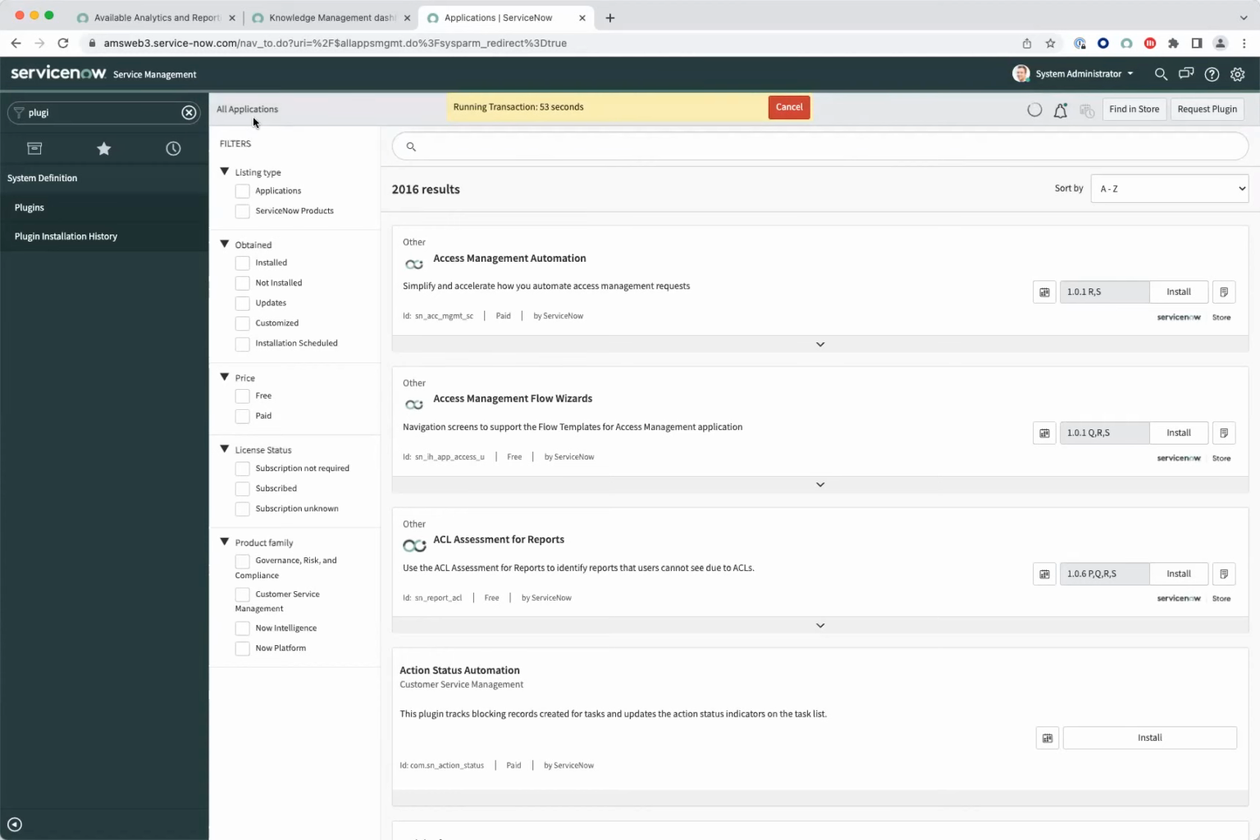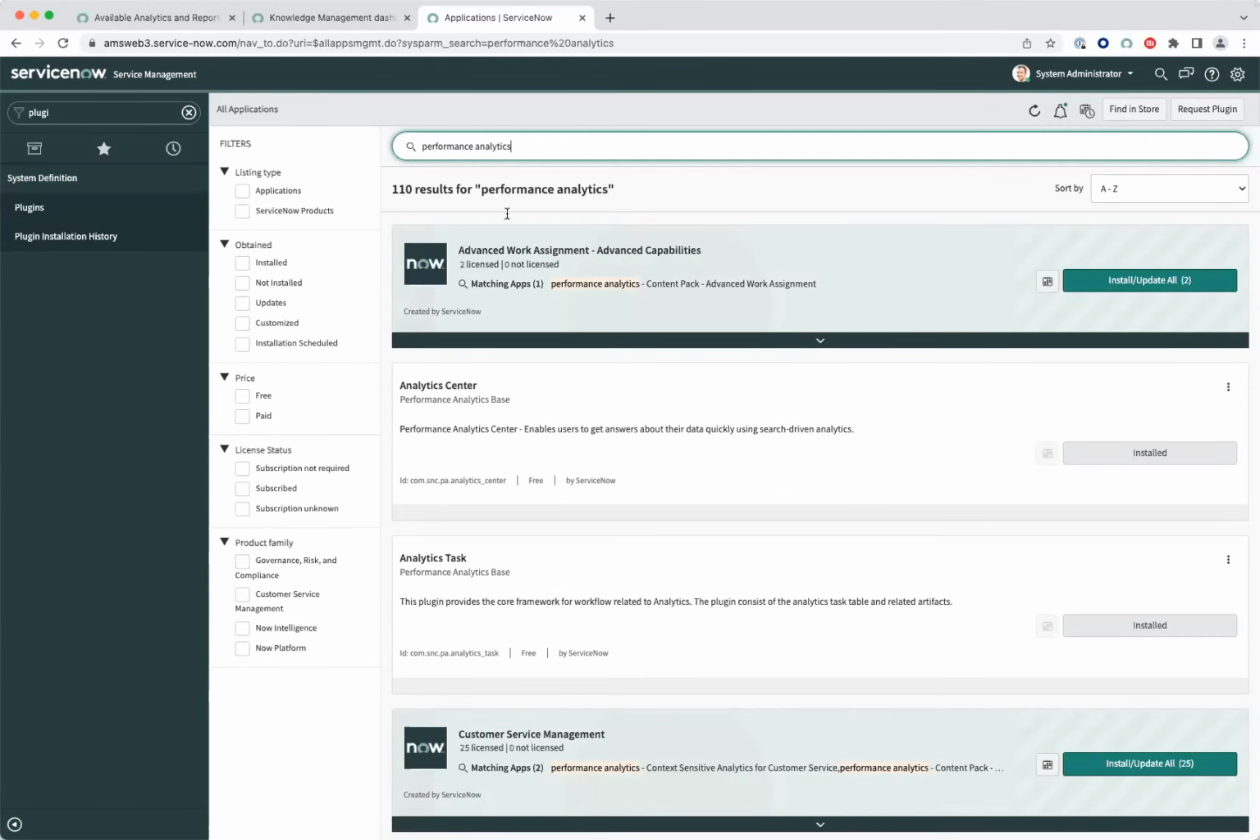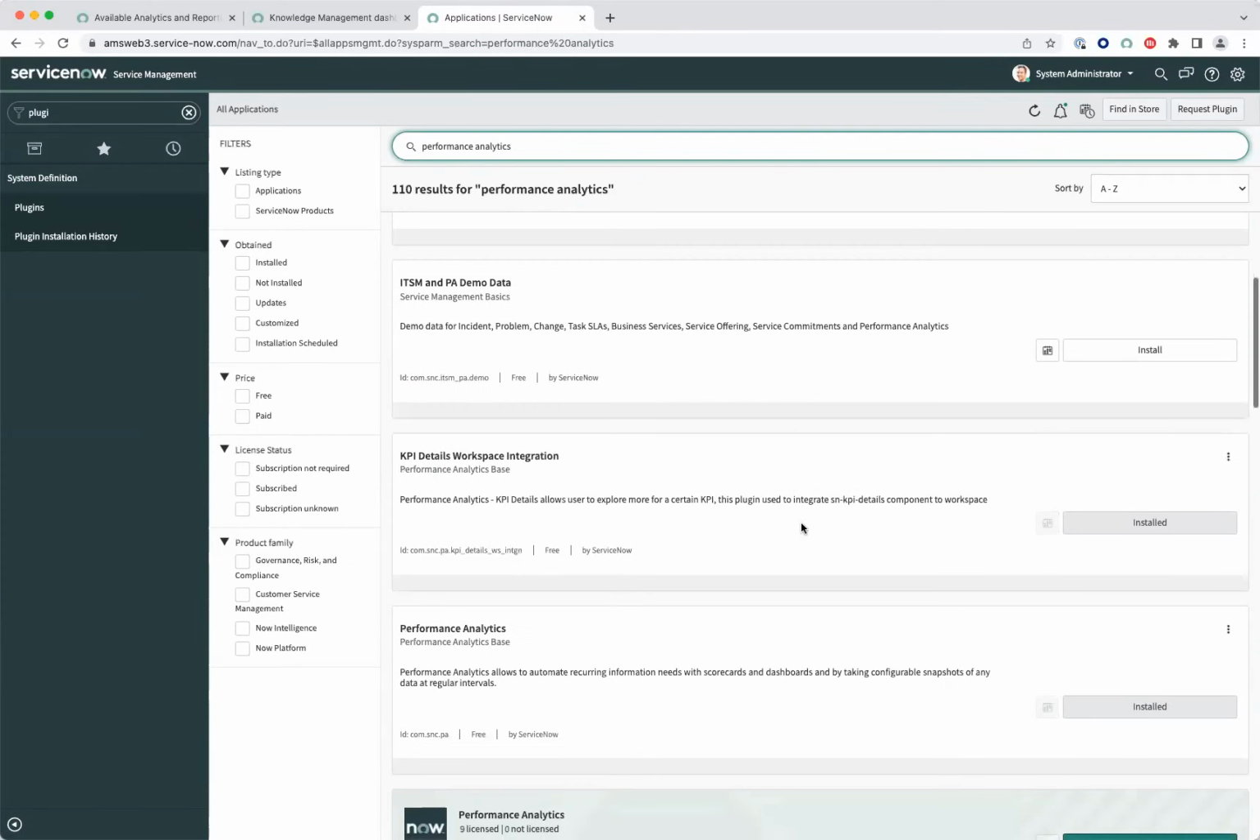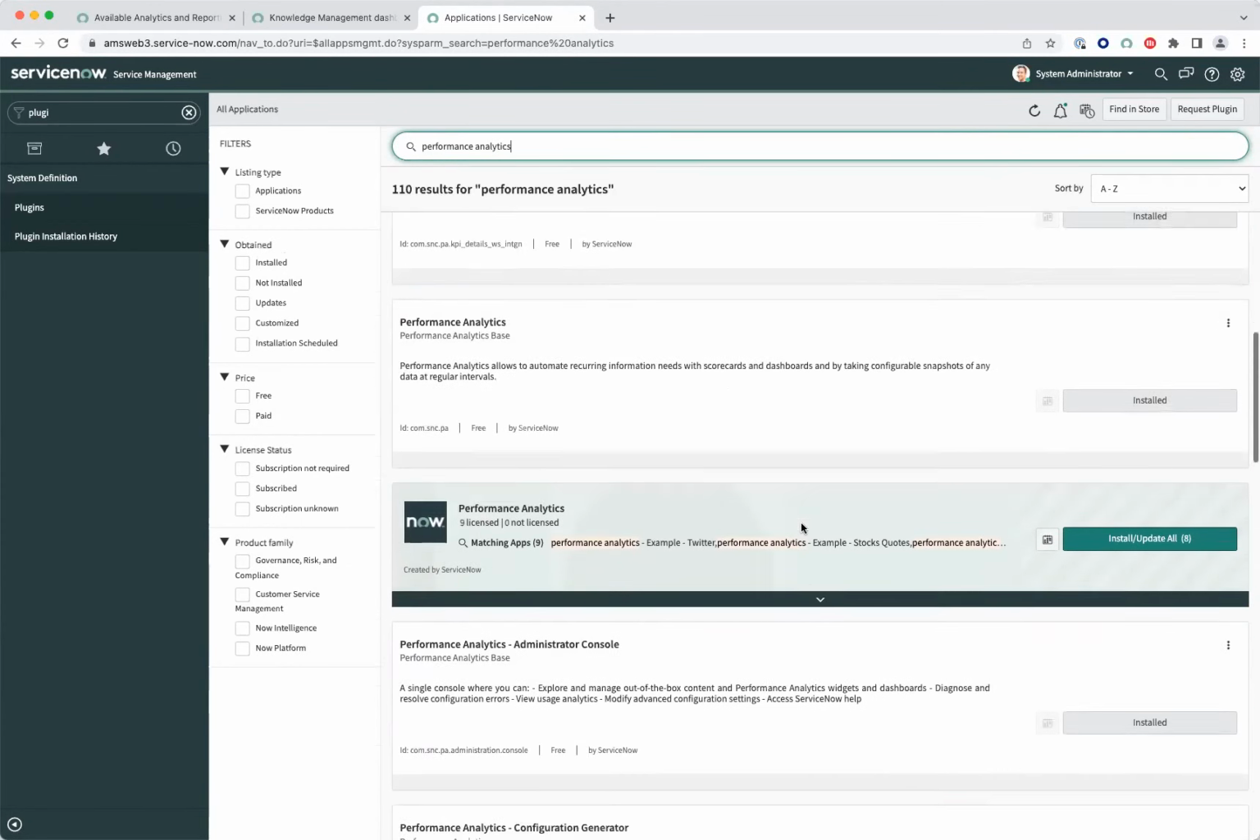This is the plugin list. Now it moves you to all applications. But if I go now and search for performance analytics, for instance, it gives me all the performance analytics plugins, 110 of them. Some of them are already installed. Some are basic ones that you want to have anyways. But if you scroll down a bit more, we can see some like